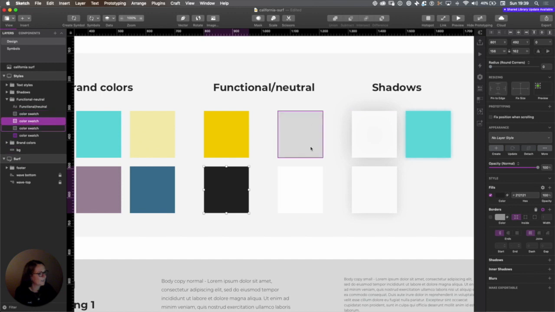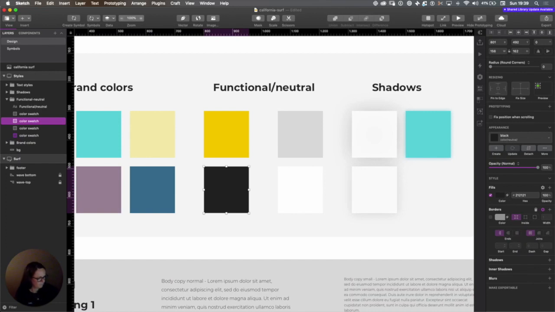And these others are going to be neutrals. So instead of colors, I'm going to say colors and then / neutral, and then I'm going to do another /. What that means is that I'm basically creating another folder within colors called neutral, and within neutral I'm going to have these three color swatches that I'm about to add. So I'm going to say neutral /